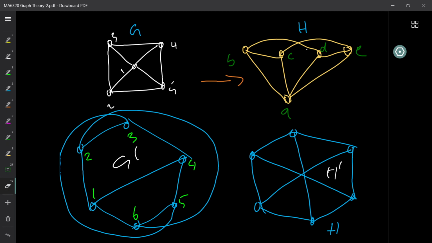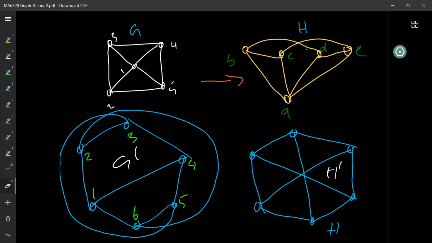Yeah, it is not an easy question. What I wanted to emphasize is that to show something is isomorphic, you just need to find one function which is an isomorphism, which satisfies these two properties: edges are preserved, non-edges are preserved. But to show they are not isomorphic, you need to either go through all possible bijections and say that each of them is not an isomorphism, or